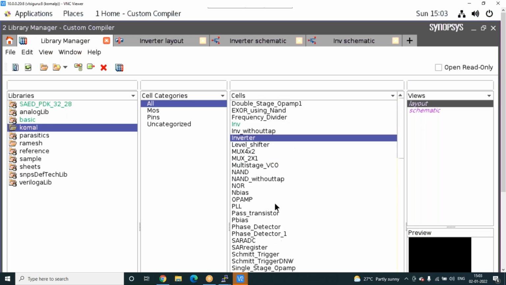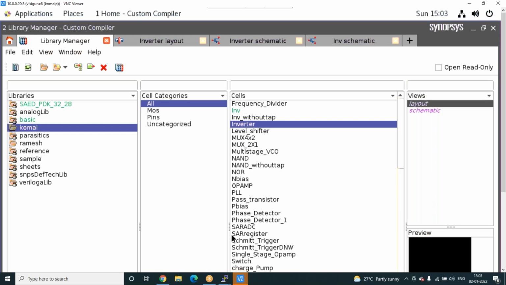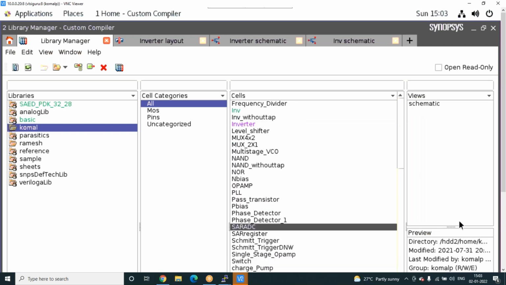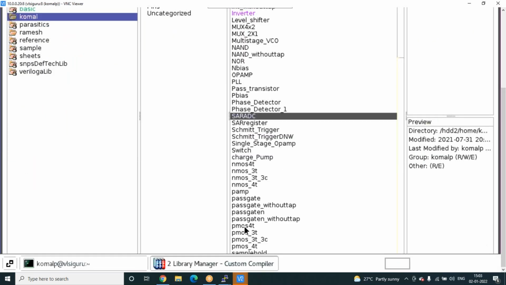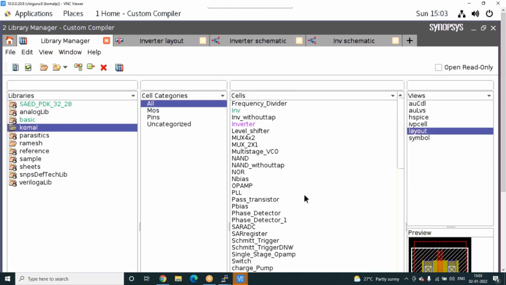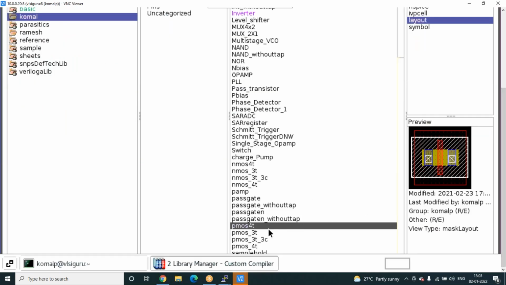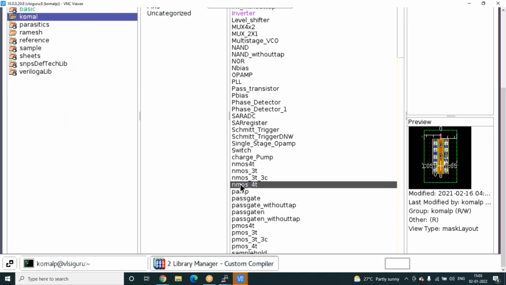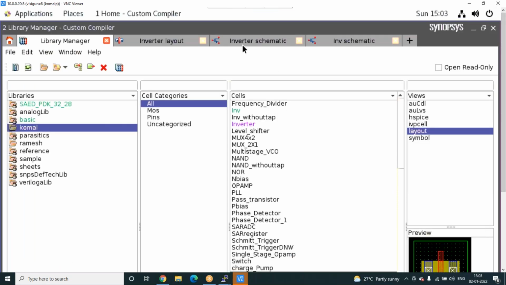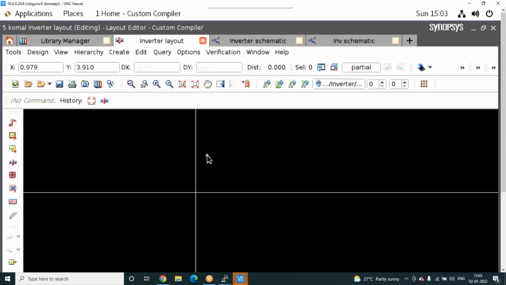You might have seen somewhere you have to draw a PMOS layout. So you will take that PMOS, and here you can take the NMOS layout. All are there, or you can take it like this. For the time being I will show you.